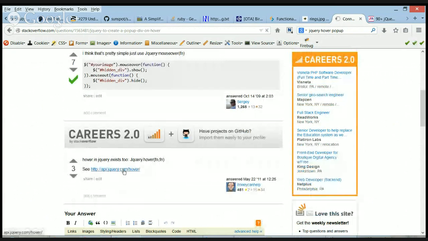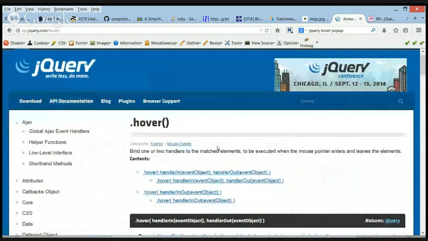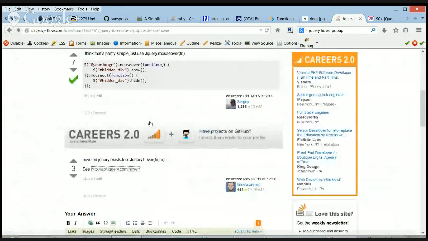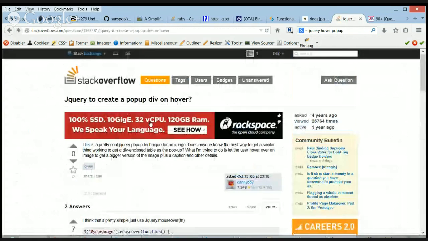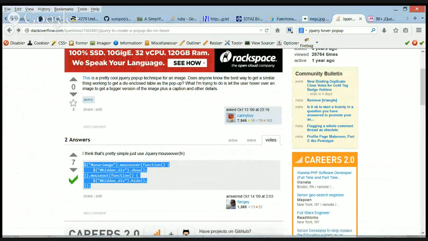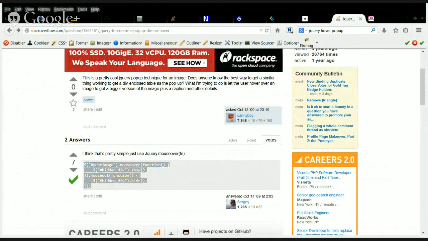Hover in jQuery exists too. This is jQuery.mouseover. So if I put dot thumbnail here,